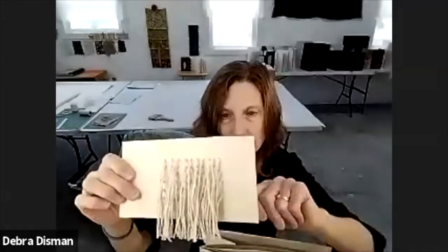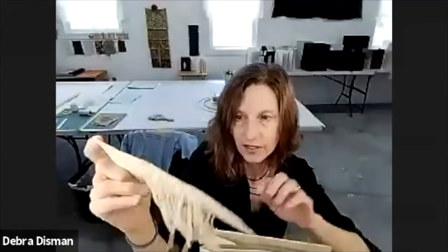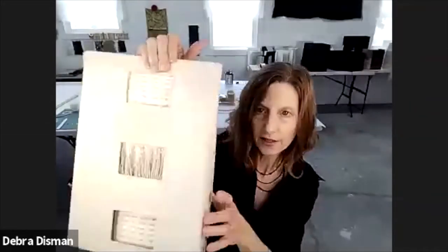And each of the pockets has a card in it that has threads that are woven through. It's actually hemp cords, so there's a pattern on one side, and then sort of the cords kind of cascading on the other side, and it fits into the pocket. The pockets are made of file folders, and the same window is cut through the front, the back, and then